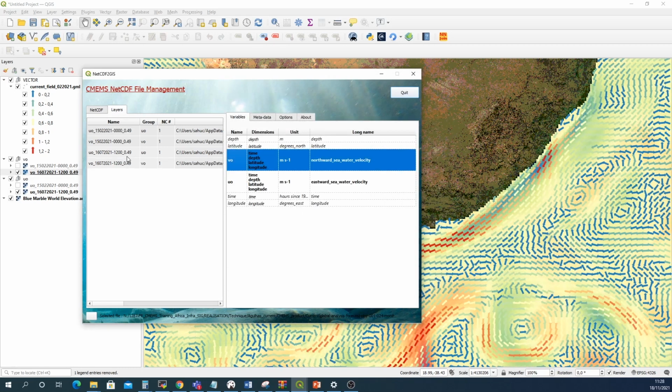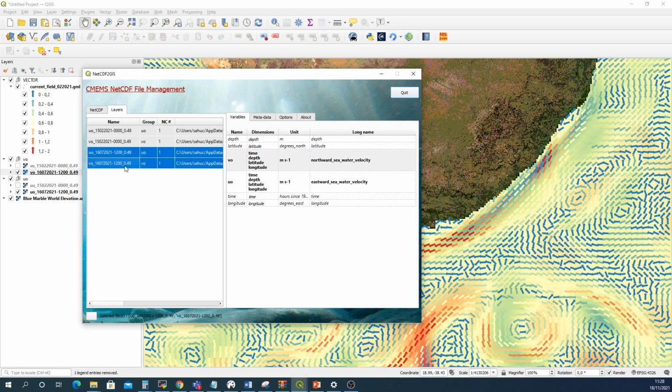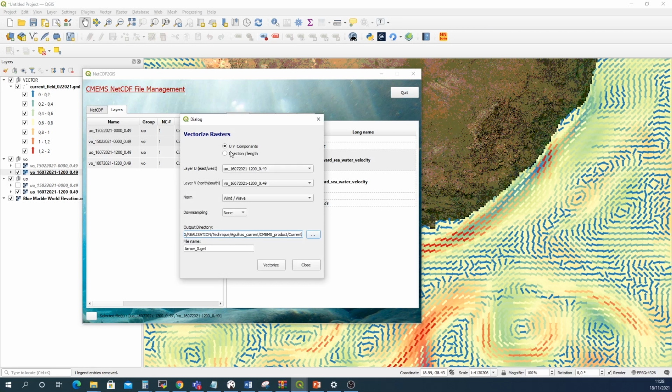And now we are going to compute the vector field for the month of July. So you can select the two layers with Control or Shift on your keyboard. Right click on it, select the vectorize function. So just check that UV components are selected here, that you have the good U0 and V0 layers corresponding to the month of July. We are changing the norm to current, the downsampling to 3, and just rename the file name to